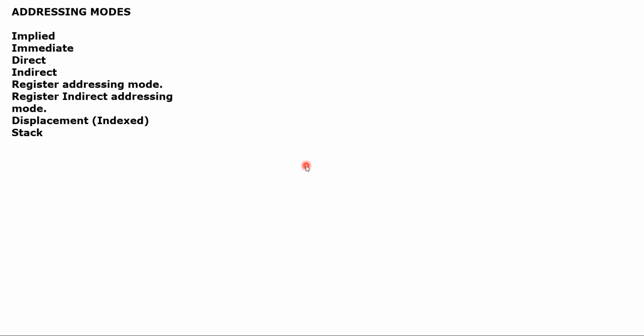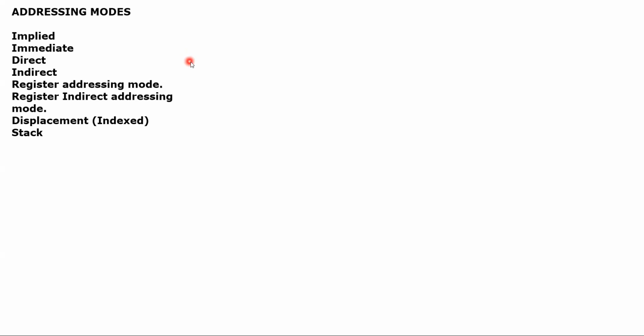As you know, an operand can be placed. The word operand means, for example, operand 5, 6, 7. So an operand can be placed either in one of the processor registers or in memory. There are different ways to get the operands. We can access the operands from memory or from registers with different techniques. With the help of these techniques, we can easily access the operand. Okay, so let's start.